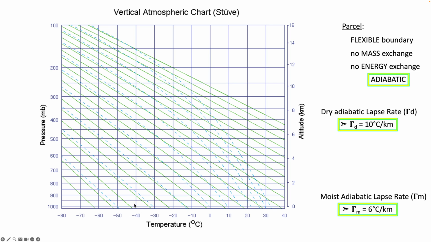The blue dashed lines are moist adiabats. So if you are rising up inside of a moist parcel, you would follow one of these dashed blue moist adiabats, and at any pressure level, this is what your temperature inside of the moist parcel would be. So it's very important that you understand dry adiabats are these diagonal green lines, and moist adiabats are these dashed blue curved lines. All right, now given that, the investigation actually asks you, given the temperature of the air inside of a dry parcel at the surface, what the temperature would be after you lift it to a